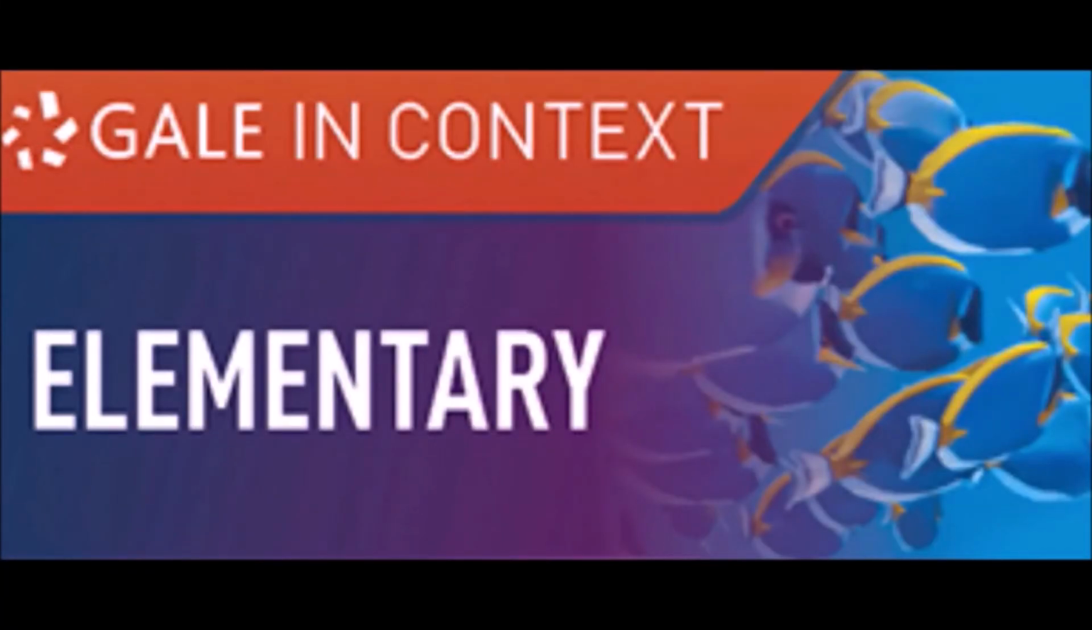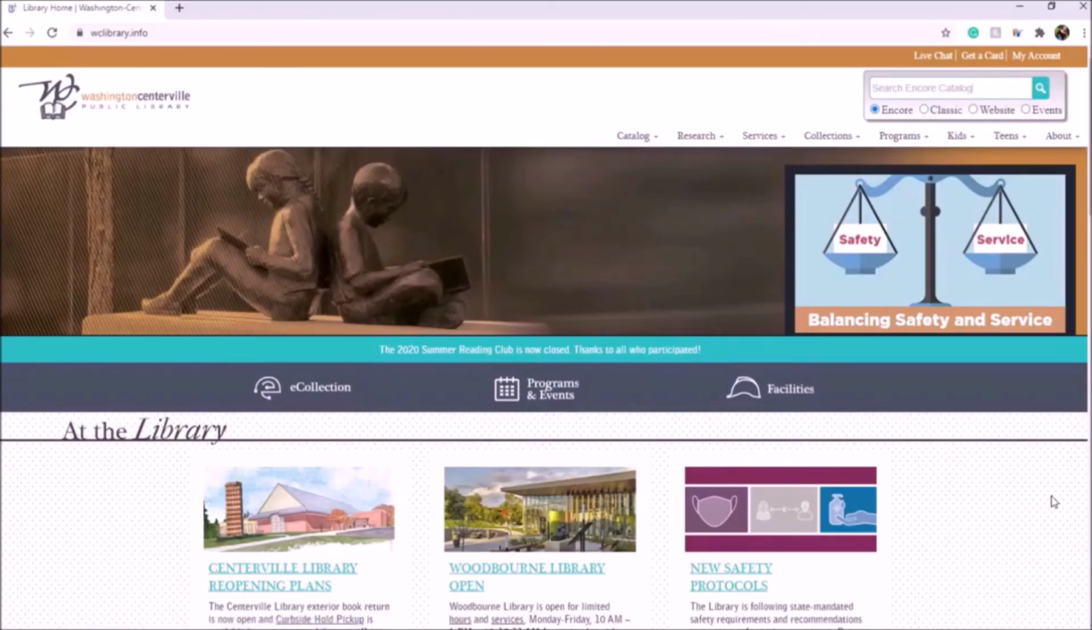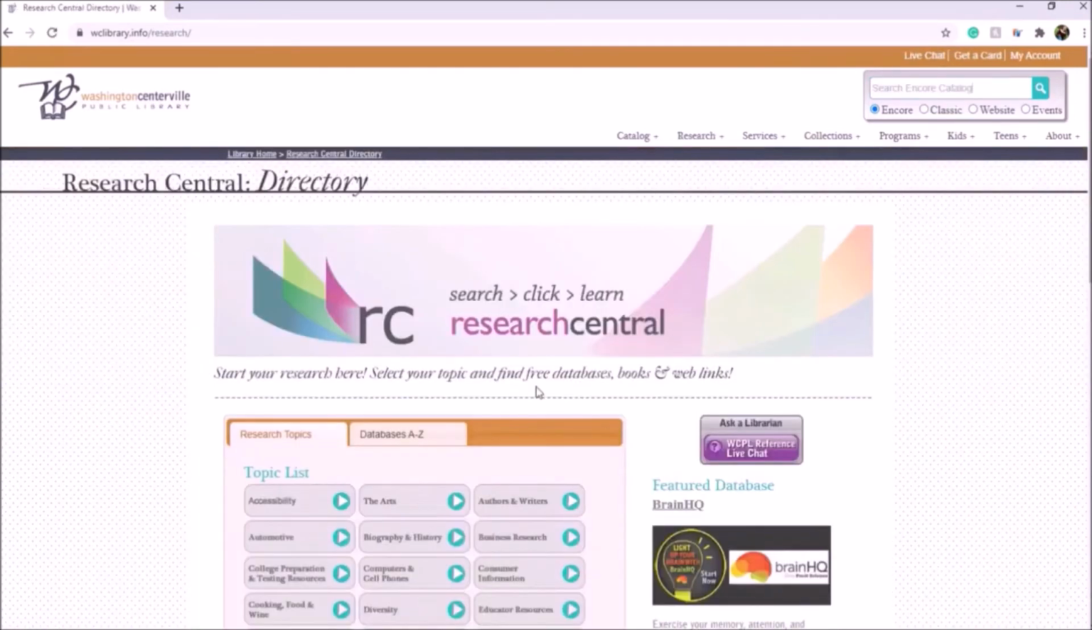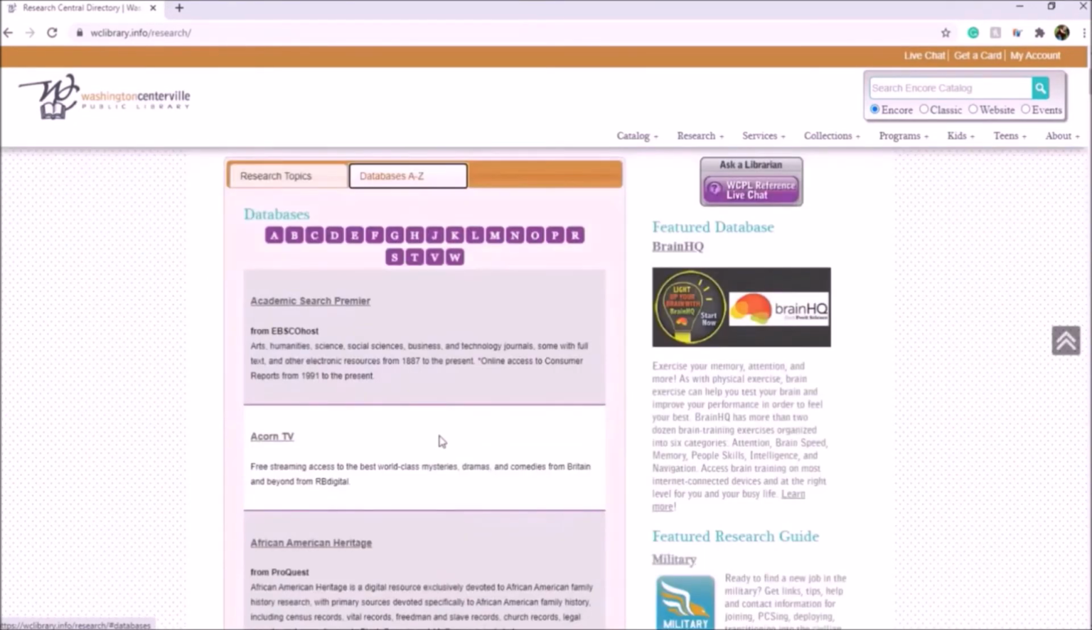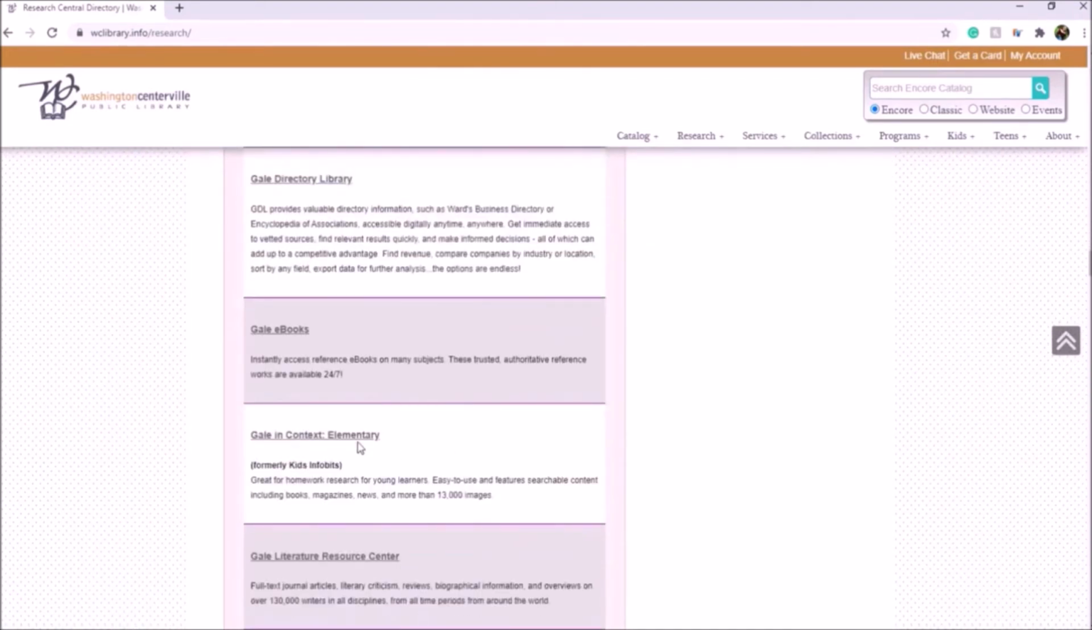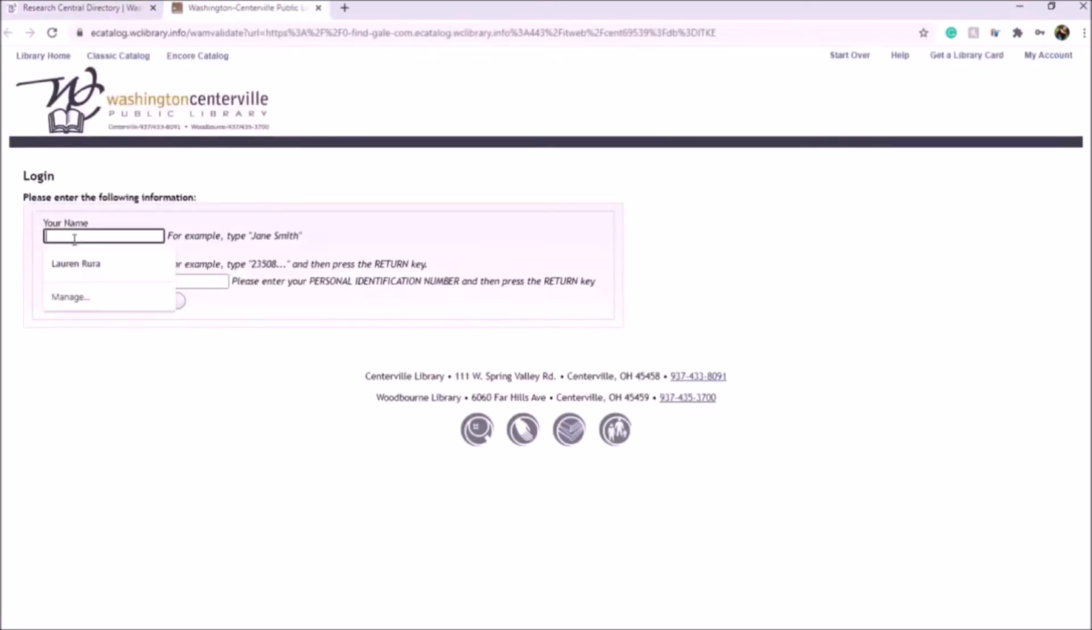The next database we're going to look at is Gale in Context Elementary, although you might be more familiar with its old name, Kids Info Bits. Starting at the home page, we click on Research, Research Central, Databases A to Z, and we'll go down to the G for Gale in Context Elementary. If you're logging on as a parent or homeschool teacher, you'll go ahead and use your name, card number, and PIN to log on. If you're logging in as a student from Centerville City Schools, you'll use the class login